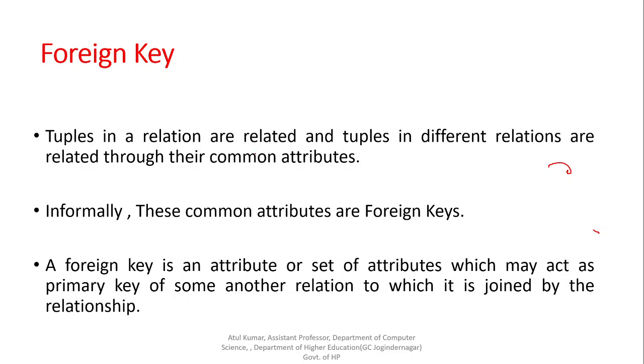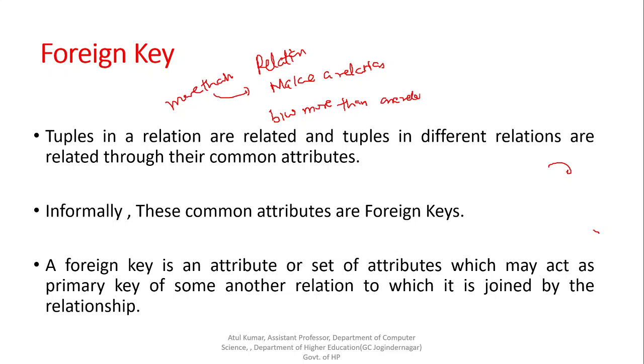In the database we have more than one relation at a time, and if we want to make a relation between more than one relation, we use this kind of foreign key. So to make a relation between more than one relation, we use a key, and that key is called